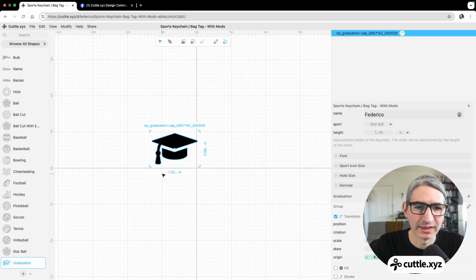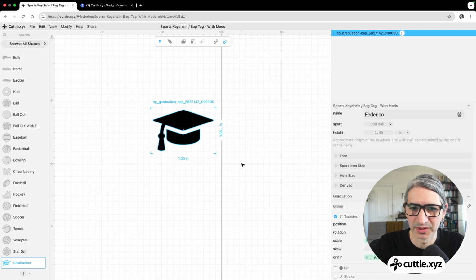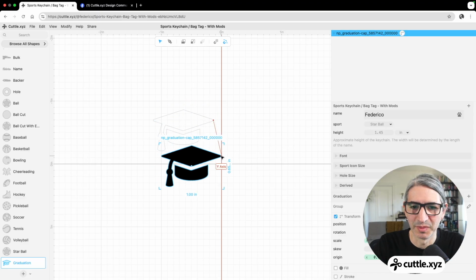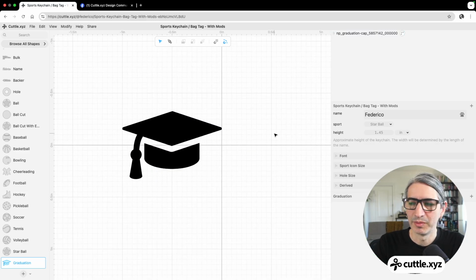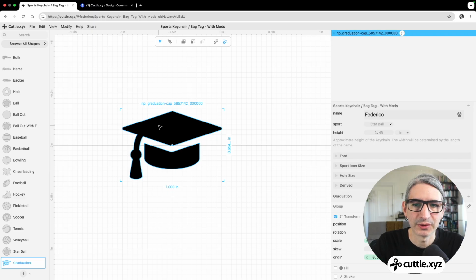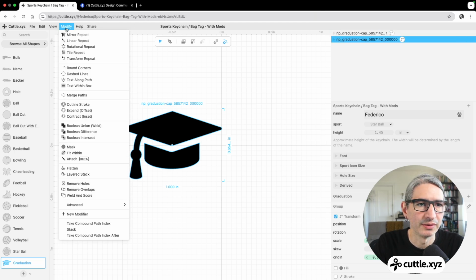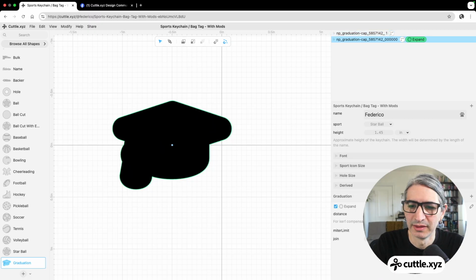I'm just going to place it again. I want to make it 1 inch, so it matches the other one. I'm going to roughly place it on the center. Here we go. But this one is not going to work just as is, because the structure of most of these balls is that it has a base, a sort of backer. So I'm going to duplicate it, and then expand the bottom one. I'm just going to add a simple expand,